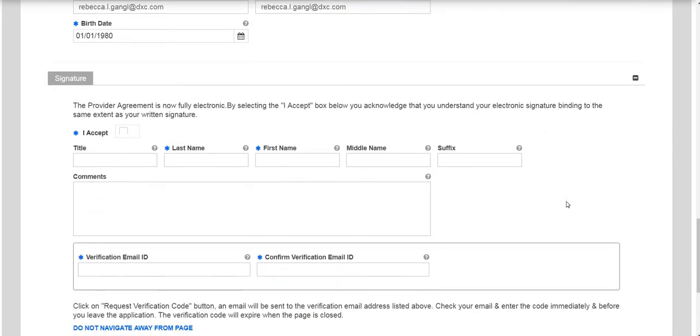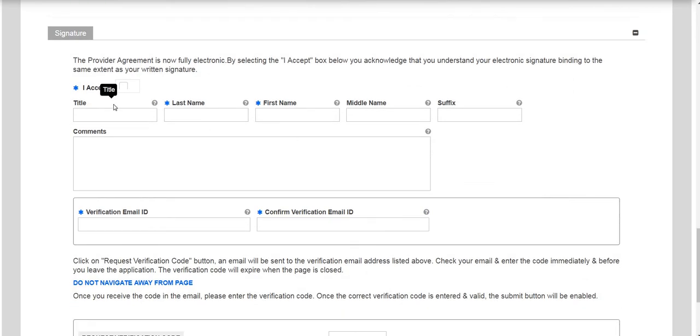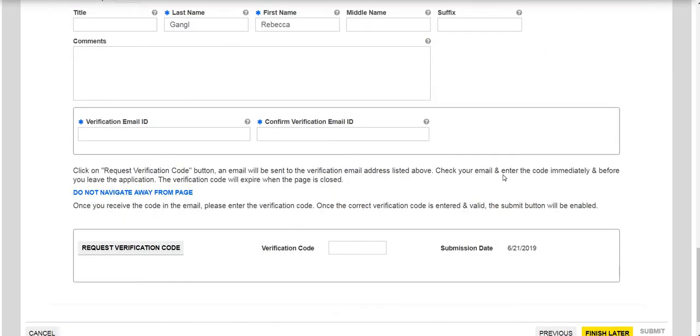Under the registration details is the signature. You're going to be signing electronically. So the first step to do so would be to click the I accept box. You're going to enter in the last name and the first name of whoever's signing. If you have additional comments you wanted to give DXC or the Department of Vermont Health Access, you could enter that here. And then the last step